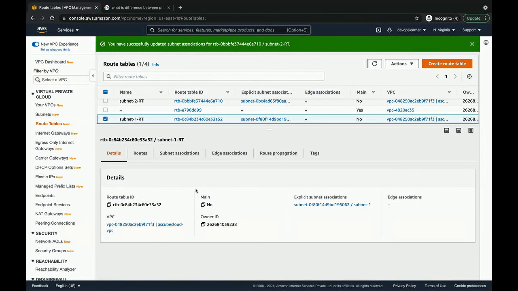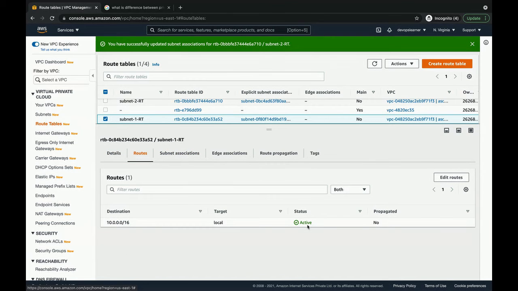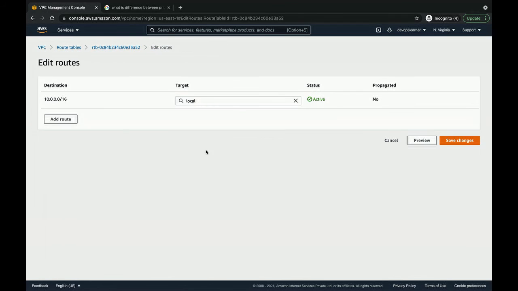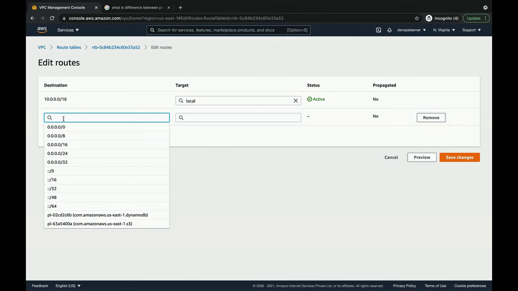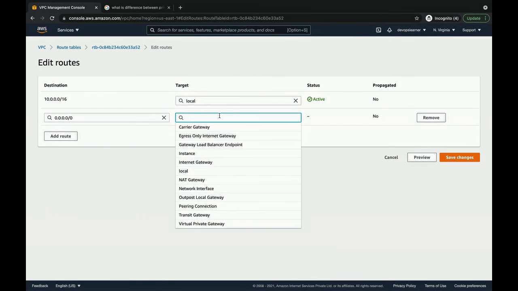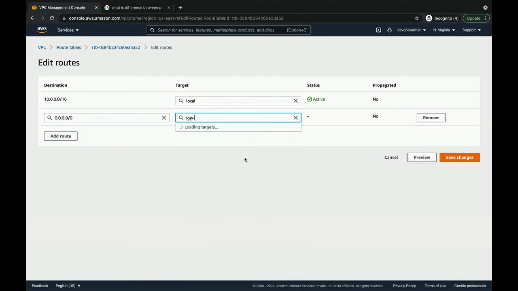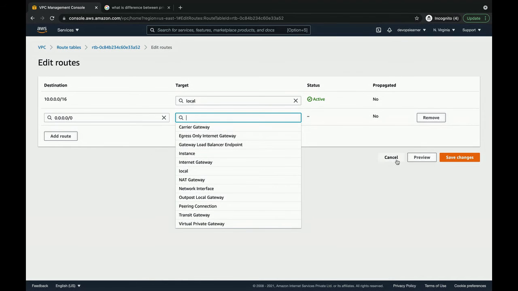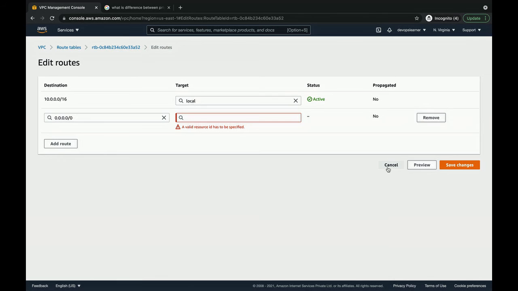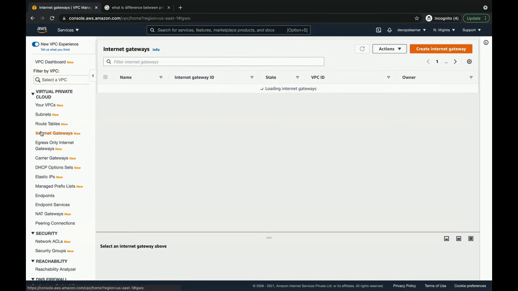Routes, edit route, 0.0.0.0/0, internet gateway.